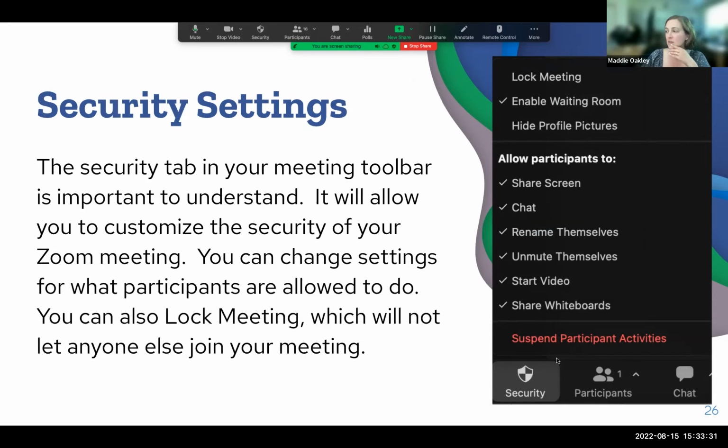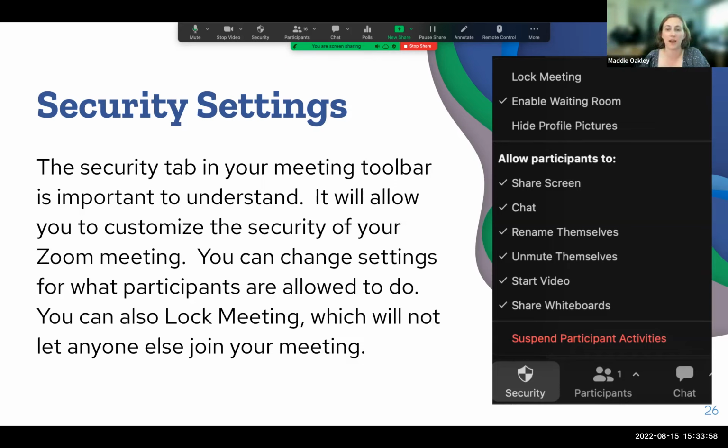And this security button, which is down here at the bottom when you're the host, that was a big update, I believe in 2021, maybe late 2020. Before that, some of these really quick things that you want people to be able to do or not do, it took going into the Zoom web profile and changing the settings in there, or diving into more settings in order to adjust it.